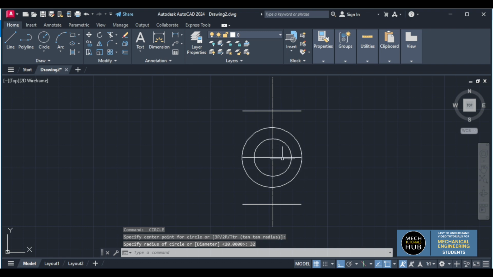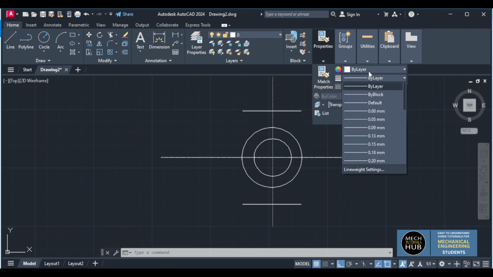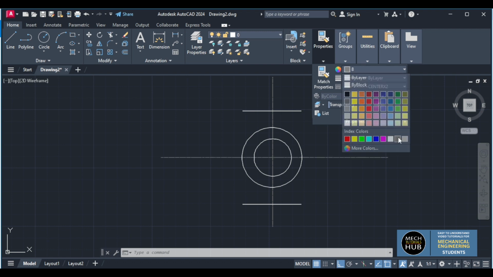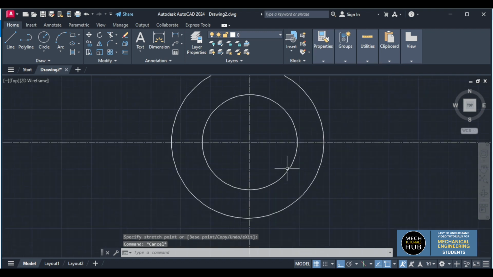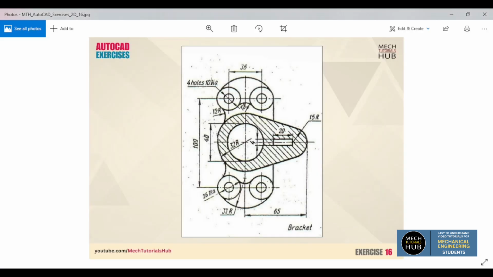We got both. Let me extend this axis line, and let me change the style also. I want to convert to center line, then the color should be like 2H. Okay, centrally we have created. Then again I'll go back. Now here 32 radius is drawn, constructed, then 40. Then below, if you could see here,